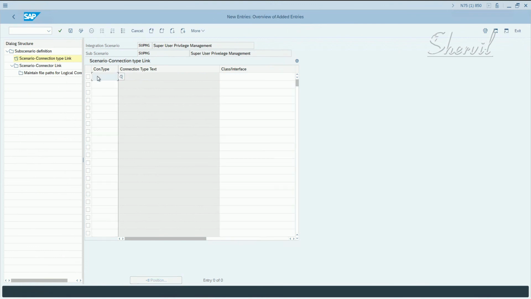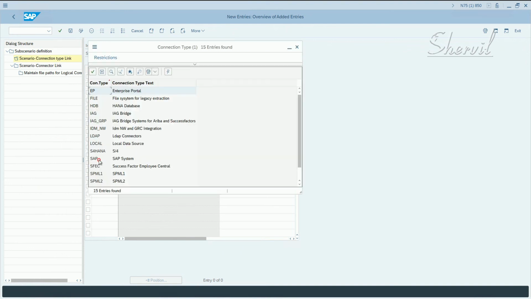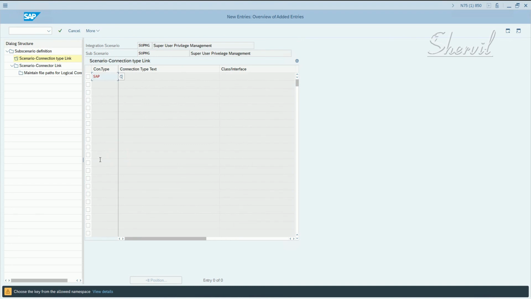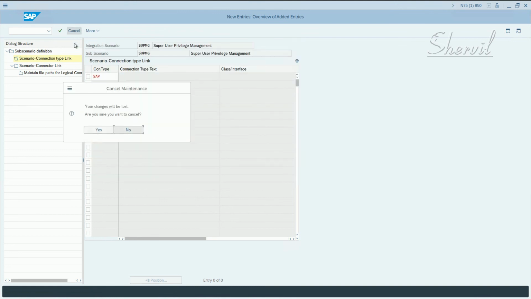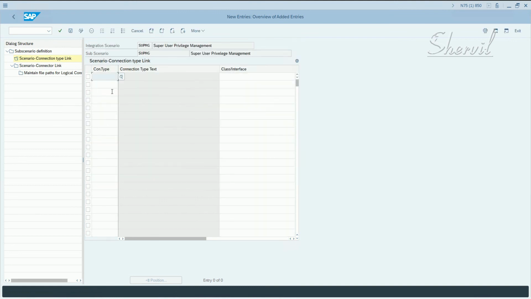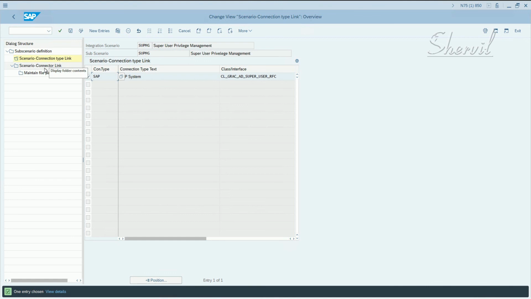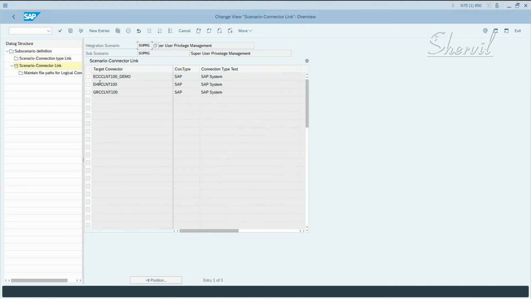If you say SAP and press enter, you'll get the remaining entries. Because it's already there, let's cancel this. Then you click on this, say connector link, and maintain your connector here.